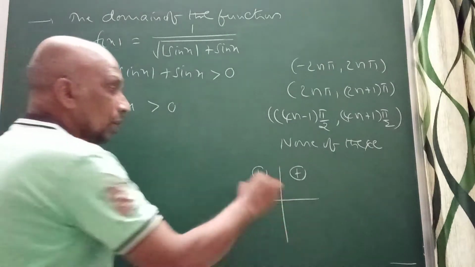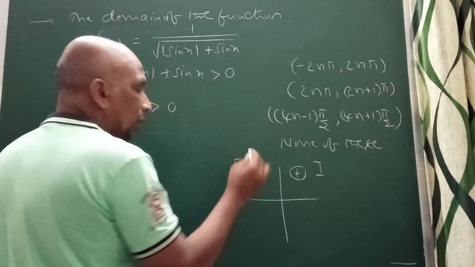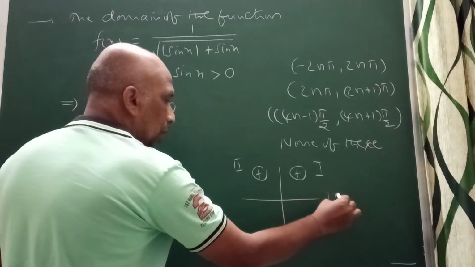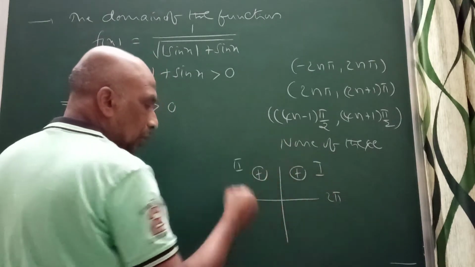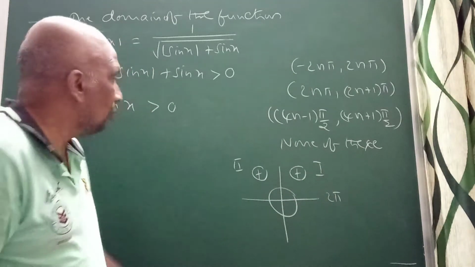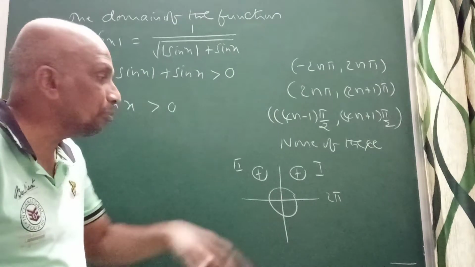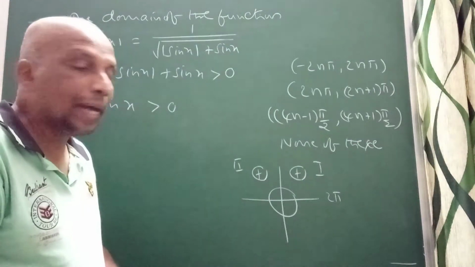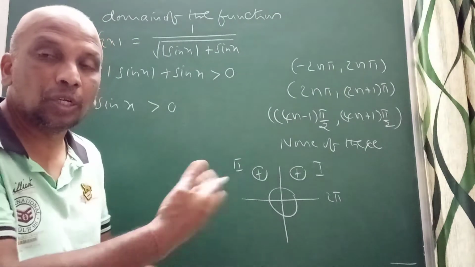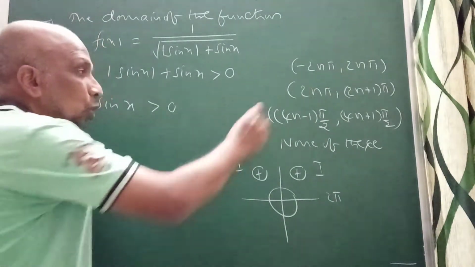Sin x is positive in the first and second quadrant, right? So one complete rotation, I can write this as 2 pi also. So one complete rotation we do is 2 pi. Suppose you can see here the value of sin x is positive means first and second quadrant. I can consider the rotations 2n pi between 2n plus 1 pi. Continuously the rotations will come, right? So 2n, 2n plus 1.